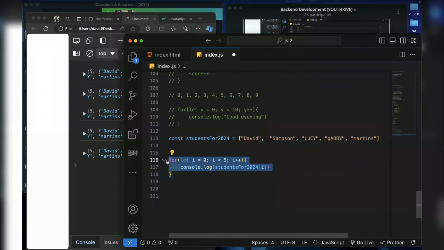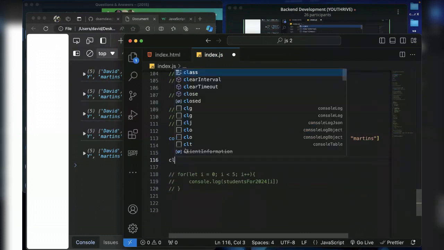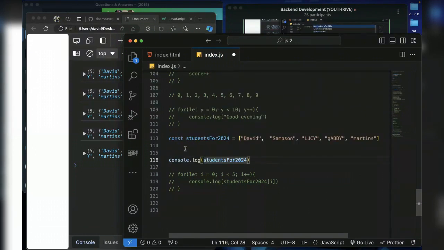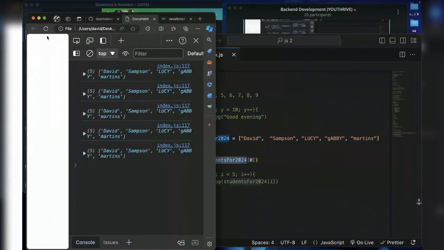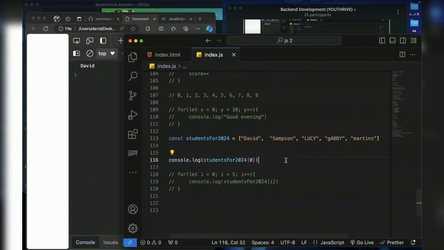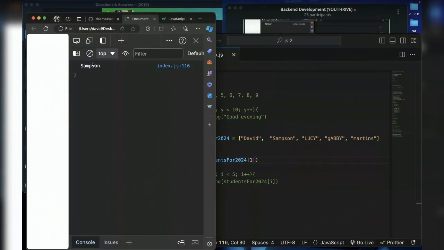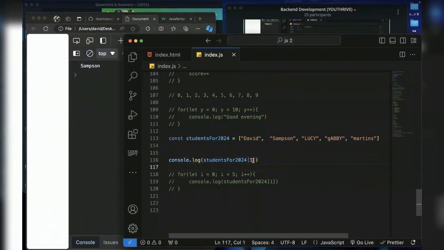Before I use the loop, I can print a particular item at an index. So if I say student and add square bracket 0, this means I want to print out the item at index 0 inside this array. If I save it, I will see David at index 0. Now if I change that to 1 and save it and refresh, I will see Samson at index 1. If I remove this and put 2 and save it,